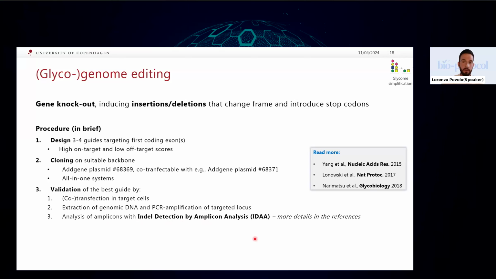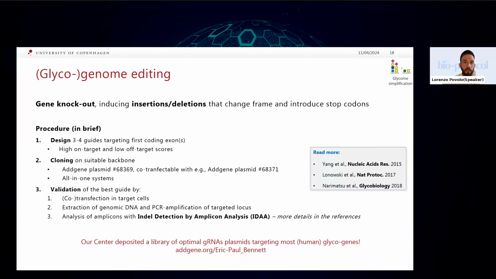So unfortunately, I will not have time to go through this technique, but these three references are really key for the understanding of this technique. In any case, I should say that our center has deposited already a quite extensive library of guide RNA plasmids targeting most human glycogenes. So you might not even need to do these first three steps yourselves, but you can scroll through AddGene, this page of one of the professors at our center, and you might find a plasmid